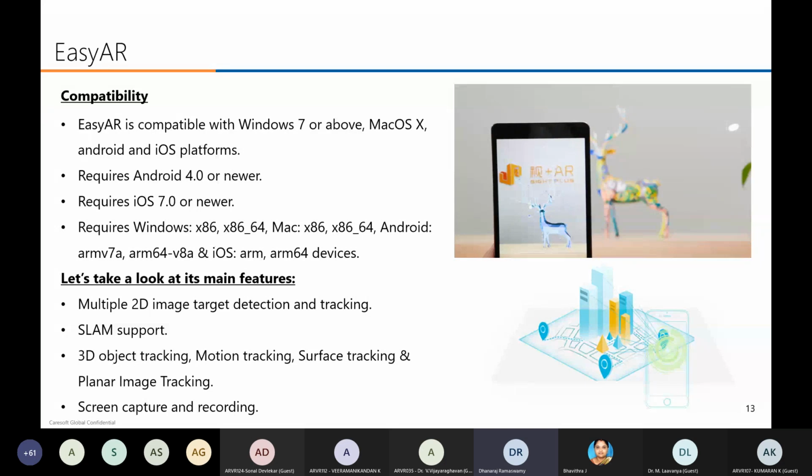It supports 3D object tracking, motion tracking, surface tracking, and planar image tracking, and it will track even ground planar. The main features are SLAM and multiple 2D image tracking, and you can do screen capture and recording also. This is also a main feature. But it won't support the ladder scanner. Ladder scanner comes under only AR Kit.